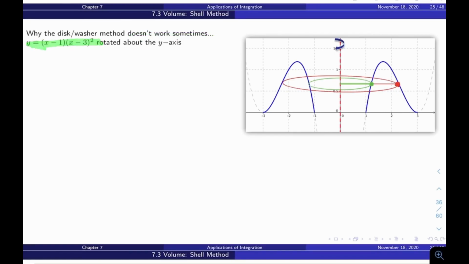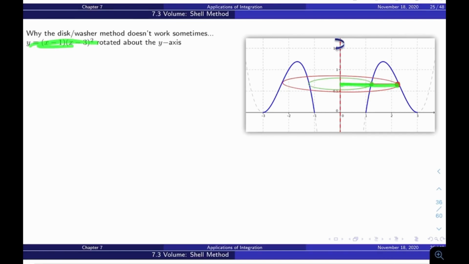So if I take this function here, y equals x minus 1 times x minus 3 squared, and if I plot it, I get this. Trying to use the washer method, we're going to run into a problem. If I take the outer point, rotate it around in the shape of a circle, and then add a little bit of thickness, I can get the volume of that disk. And then if I take the inner point, rotate it around, add a little bit of a thickness in the y direction, and find a volume,